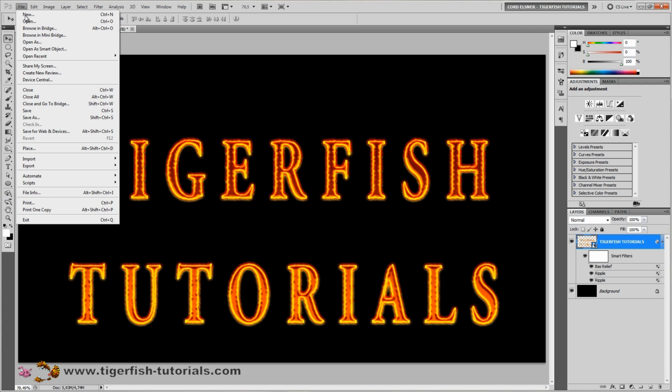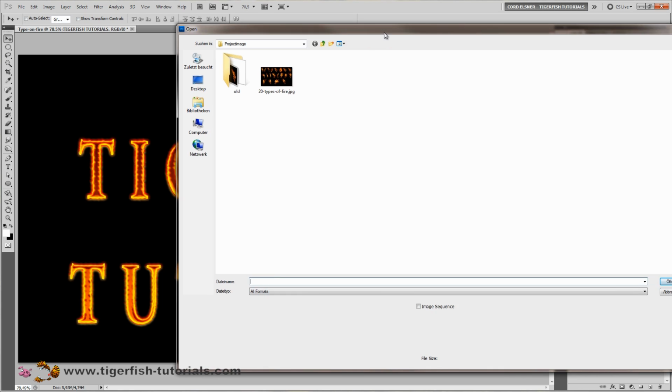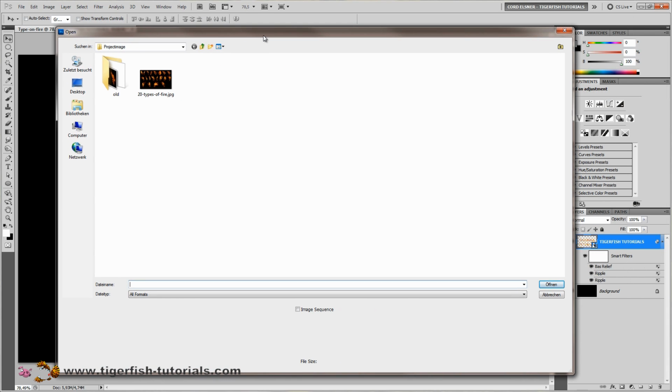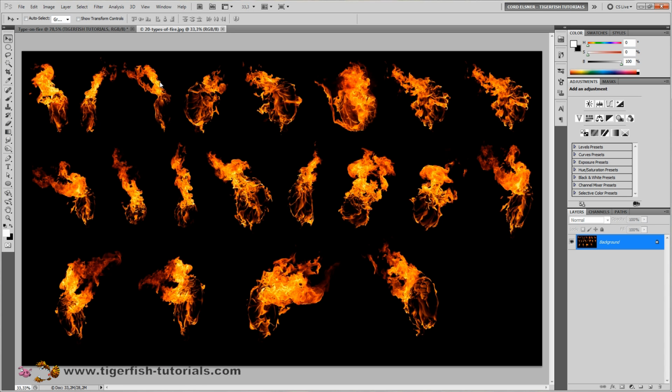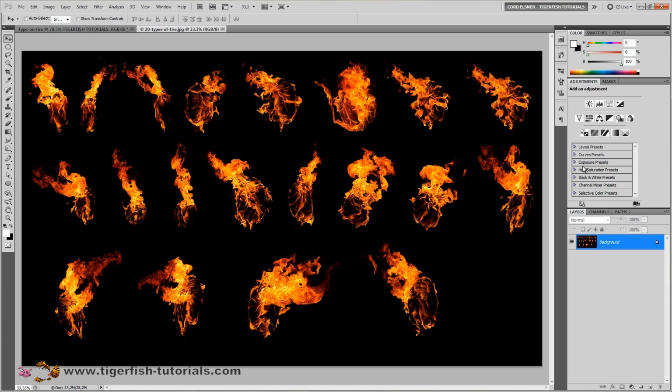And for the next part of this tutorial, you need this image here of these 20 flames, and you can download this image at my website by following this link here. And we want to select the brightest details of these flames, and we are doing this by